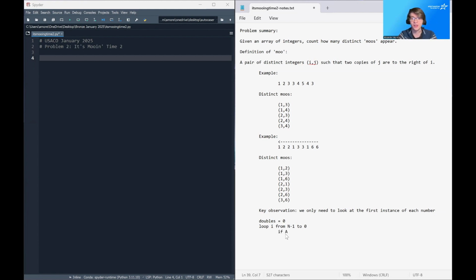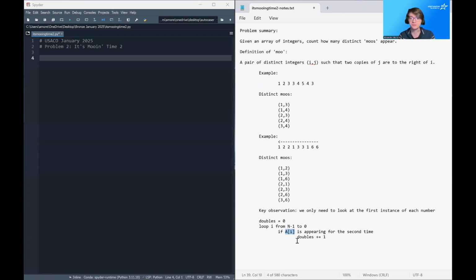If a value A[i], where A just denotes the array, is appearing for the second time, then we're going to increase doubles by 1, saying, okay, we found a second copy of this value, so now going forward in perpetuity, we're going to know that there are at least 2 copies of A[i] to the right of my